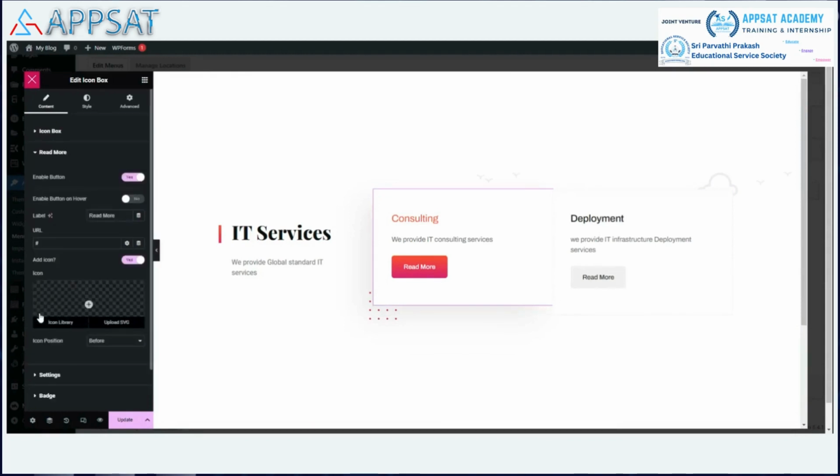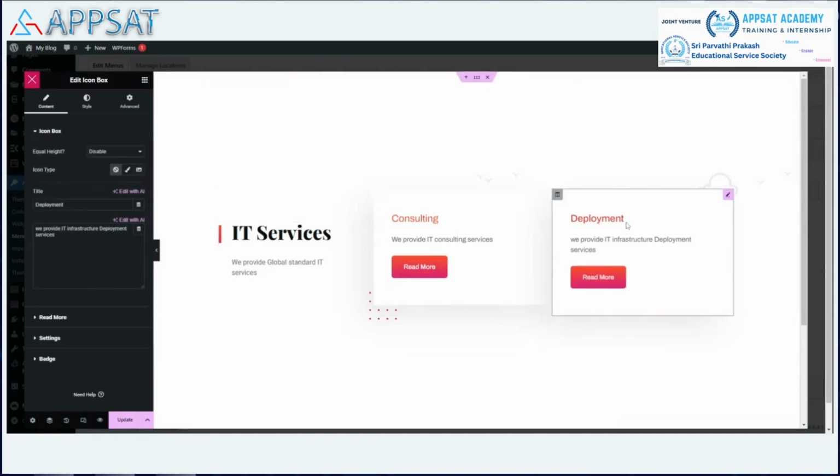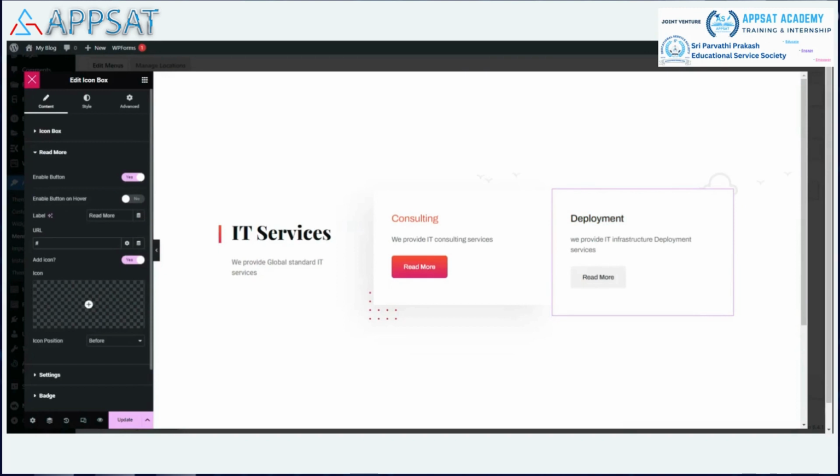Yeah, click on that read more. In the link, you have to give that diploma consulting. So what you have to do is create one more page called consulting, and give that link here. And again, same, one more page called deployment, and give that link here in the read more button. So instead of having the read more, you can have